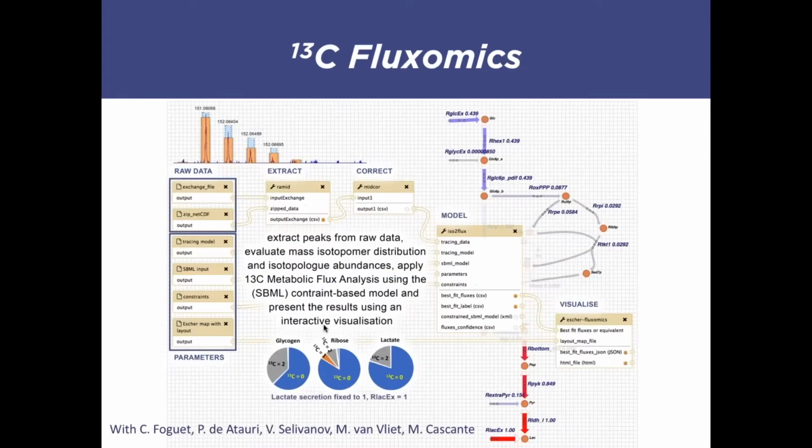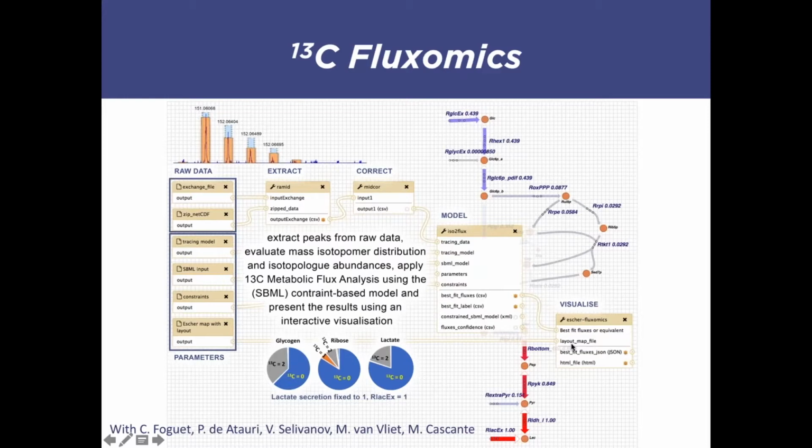So this is a bit how the workflow environment that we have looks to you when you are dealing with data and when you want to do an analysis. This is the case in particular for the carbon-13 fluxomics data analysis. So what you see in the workflow environment is these boxes, where each of these boxes represent a step in your workflow, a particular tool that does something that you're interested in. And what happens here is that once you set up the input data, the workflow will go on different steps using different set of tools to generate the different output files that you want to see